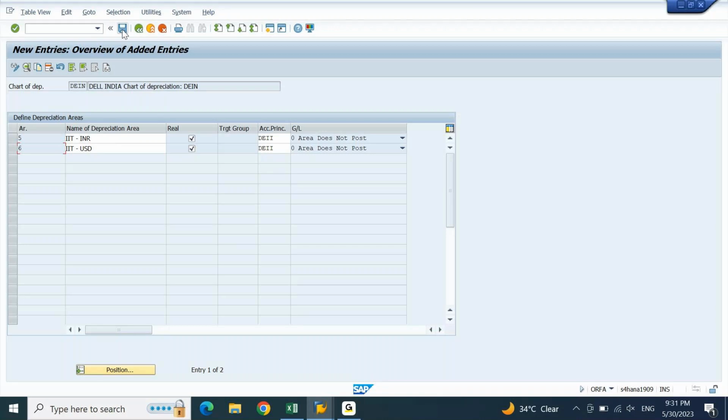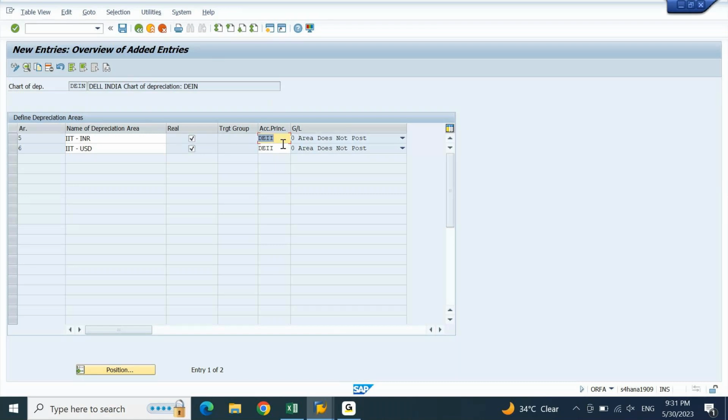Sir, can we leave the accounting principle field blank also? You can leave this blank also, but to understand which accounting principle we are using this for, this is going to help you out. If you leave it blank, then there may be a question mark, which accounting principle? We can write it in the name of the depreciation area, but if you assign this, it is more meaningful.